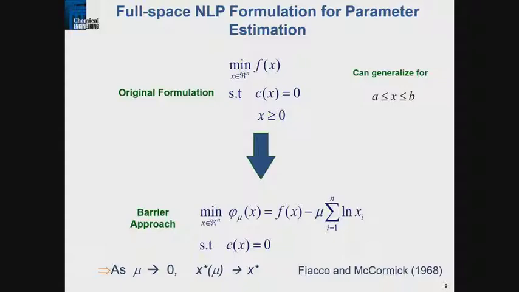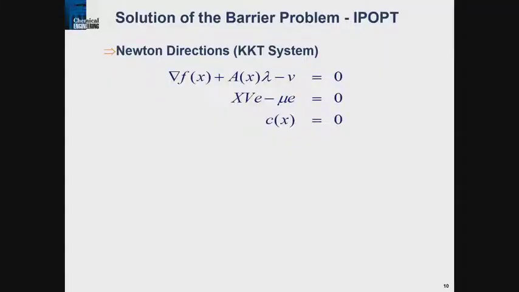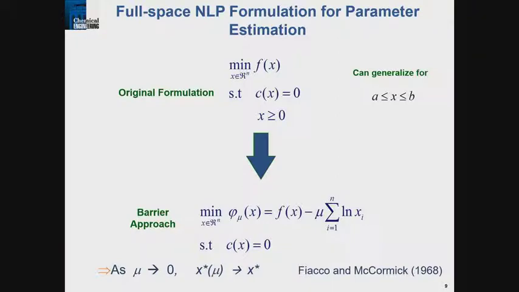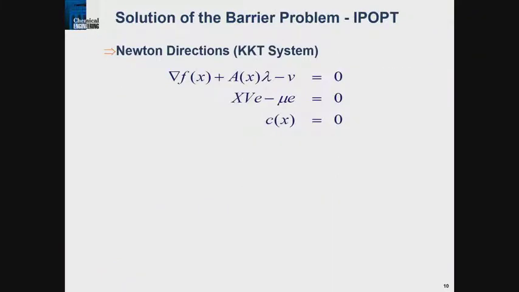Now, why is this important? Well, it turns out if you write this problem in a primal-dual form, then you can write the optimality conditions of this problem like that. You introduce a variable nu, which is kind of the pseudo multiplier here. These turn out to be the KKT conditions of the bottom problem. And you see where mu appears here. Once mu goes to 0, they become the KKT conditions of the top problem. So that's actually a nice thing.